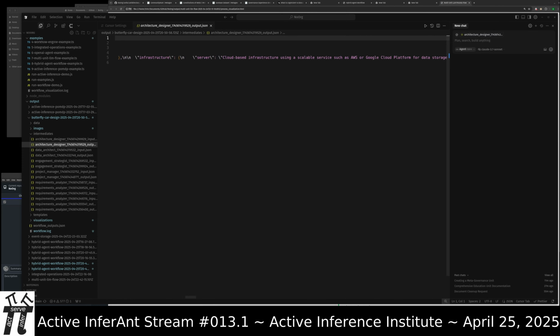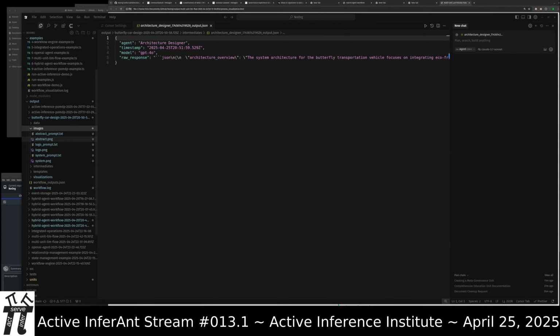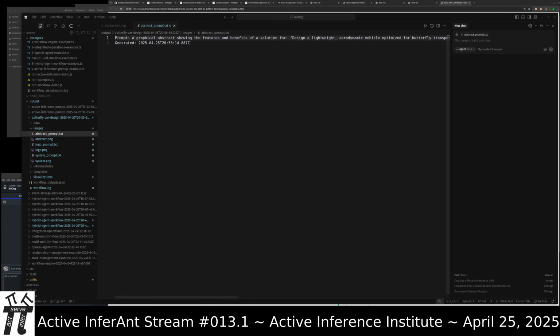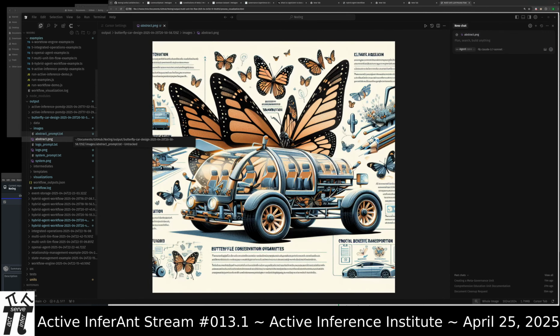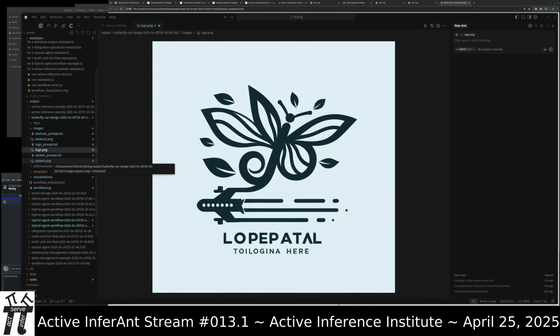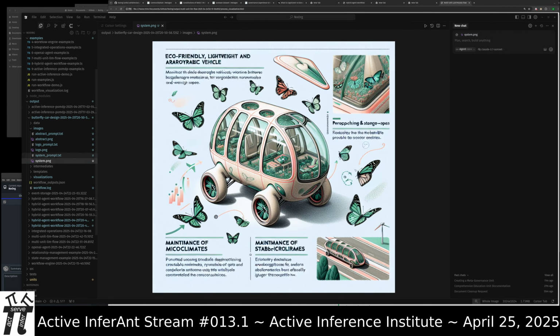It's in a JSON, so it's wide, but it deals with having GDPR for butterflies, using different kinds of access control and encryption for butterflies. The images folder is where the final prompts are created and then sent out. So here's like the butterfly car, here's a logo, and here's a systems representation.